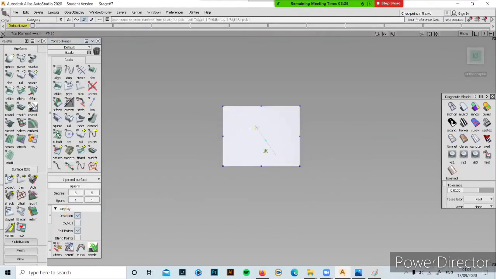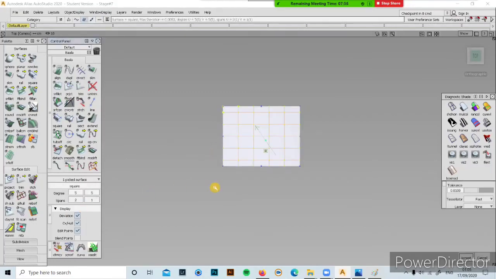So I'll select the surface. Degree should be maximum 5x5, but try to keep it as minimum as possible. Minimum is nothing but 3x3. Try to maintain within 3x3. If you're not able to bring the continuity at that time, you can increase it to 5x5. But span should never be more than 1x1. You might ask, sometimes if I increase the span to 2, I'm able to get the continuity.